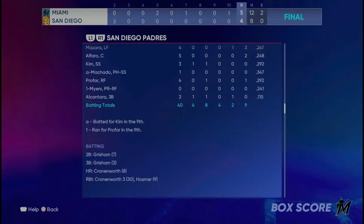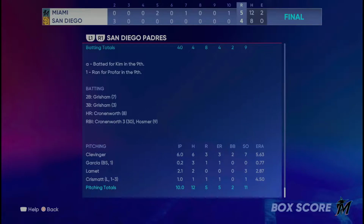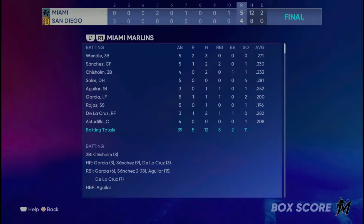A triple by Grisham, a home run by Cronenworth was really the only offense to speak of, as it was a 3-run home run. Hosmer got an RBI as well. But Clevenger had 7 strikeouts, 11 total here from the San Diego pitching staff. But certainly Chris Met did not pitch well there, and Garcia gave up his first runs of the season as well. But overall, the offense did pretty well in this game here as you get a look at what you